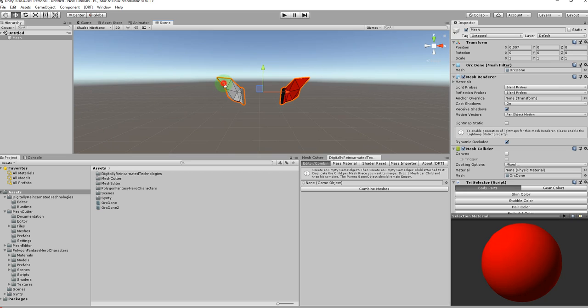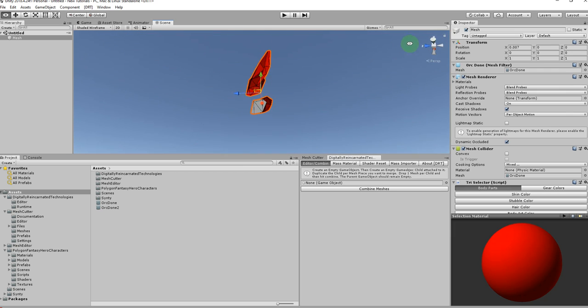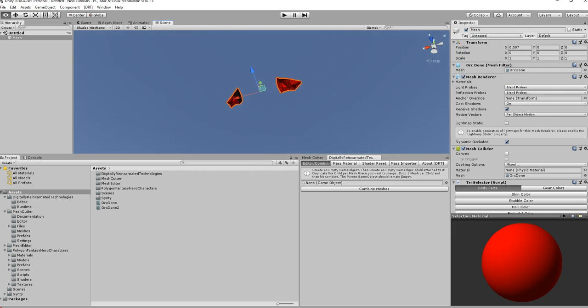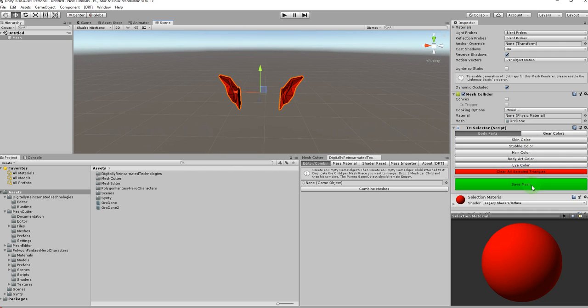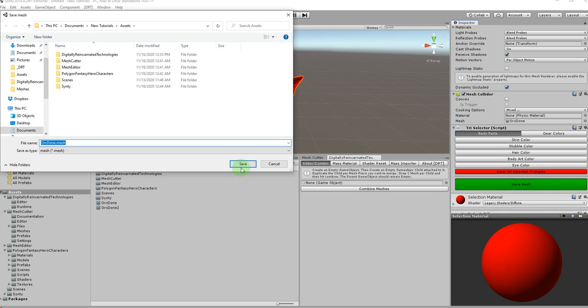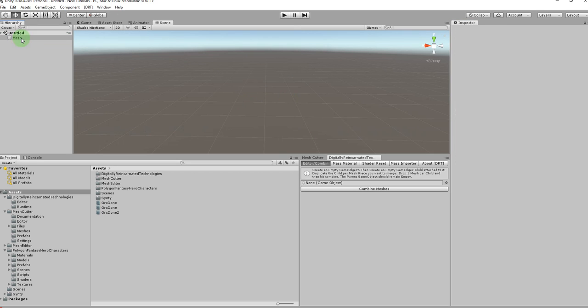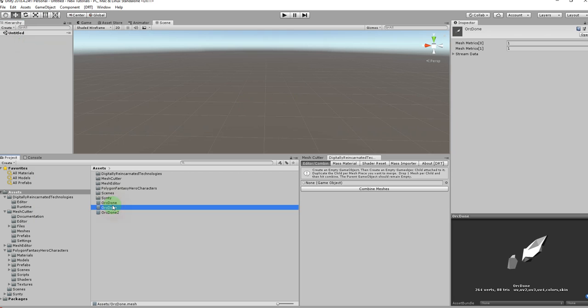Alright, back. Alright, those are the insides of the ears. I'm not too worried about them. Alright, so we selected them all. We're going to hit skin color. Save mesh. Done deal. Now, when we go and do the character again, or even just thing here, so we've got the